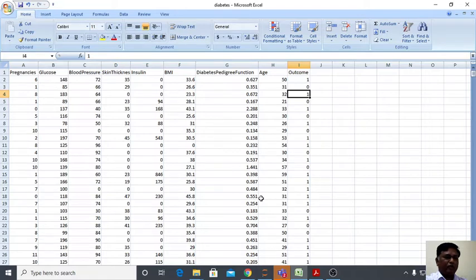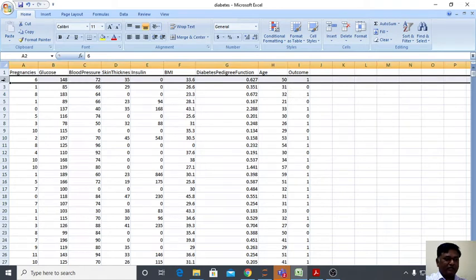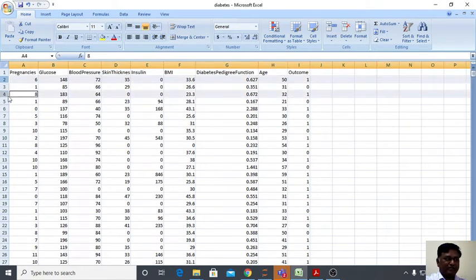What we are going to do in this program: the entire data set will be separated into yes diabetic and no diabetic. You can see whoever is having yes, all those yes data are separated and no data are separated for training purpose as well as testing purpose. In this program, 80% of this data will be taken for training.